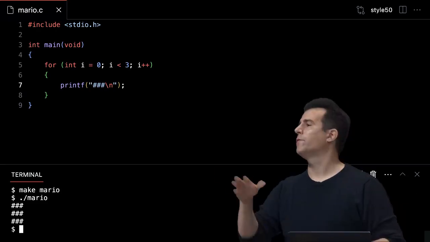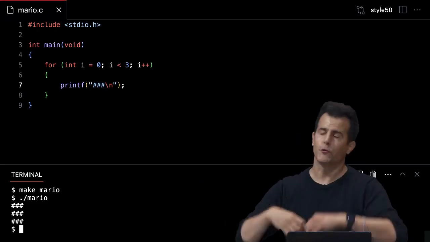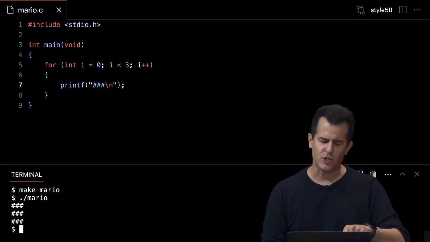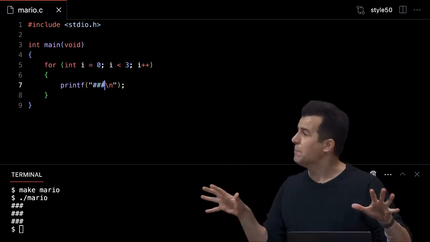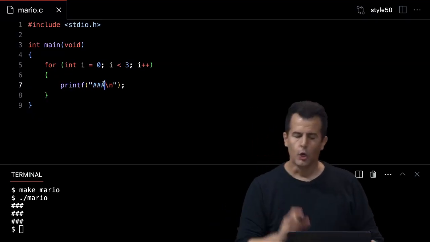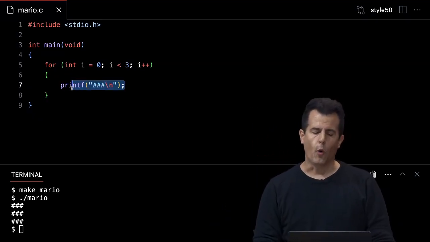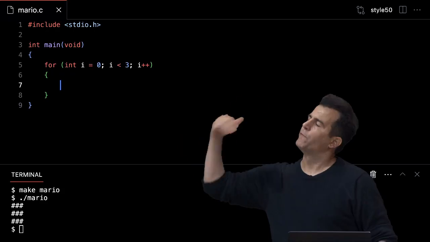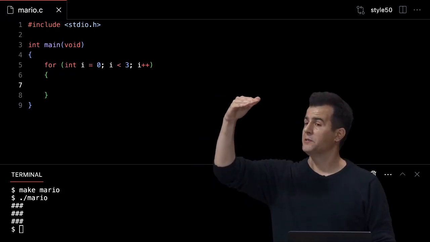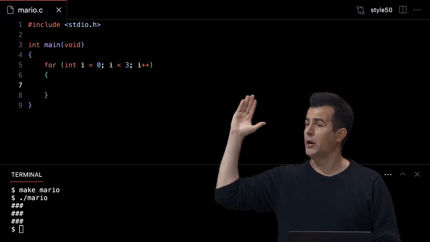But what if you said, no, I want 4x4, or 5x5, or 6x6? Now I have to change the 3 to a 6, and I have to add another 3 hashes here. Things get messy if we don't do this mathematically. So let me now do this instead. Why don't I go ahead and print out every row at a time? But for each row, let me use another loop to decide, rat-a-tat-tat from left to right, how many do